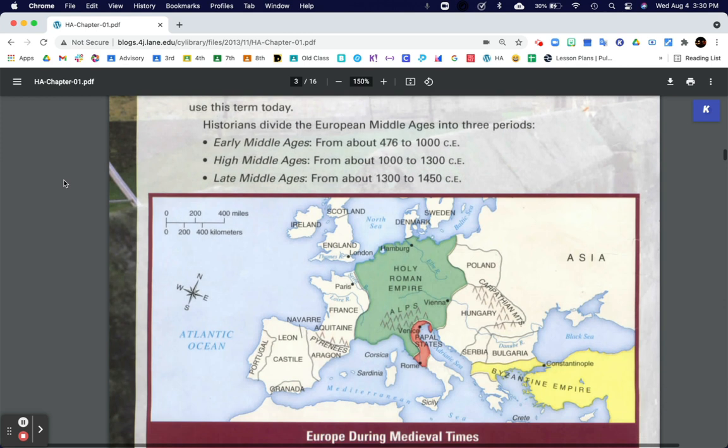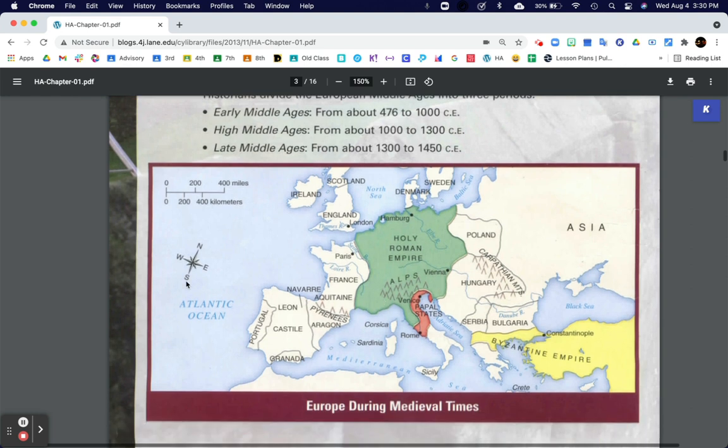Alrighty, so take a look at the map and see some of the things that they've talked about and some that they haven't. We've got the Pyrenees Mountains, which separate France and Spain. We have the Carpathian Mountains over here in the east. And at the top of Italy, we have the Alps. Also the Atlantic Ocean, Mediterranean Sea, the Black Sea over here, Baltic, North Sea. Then we'll learn about the Holy Roman Empire, Papal States, and the Byzantine Empire.